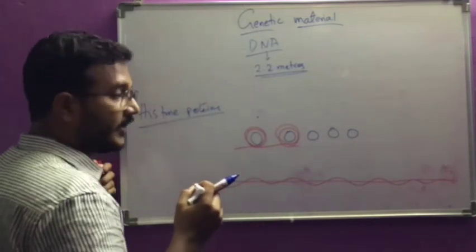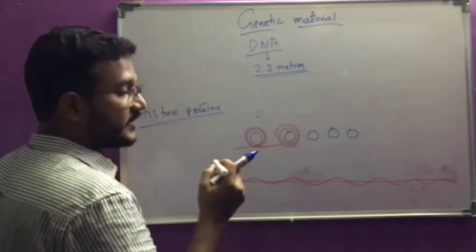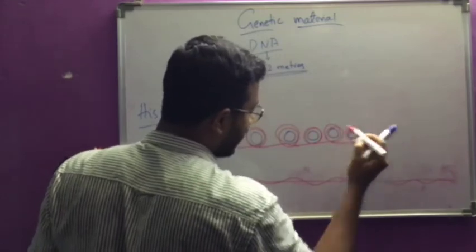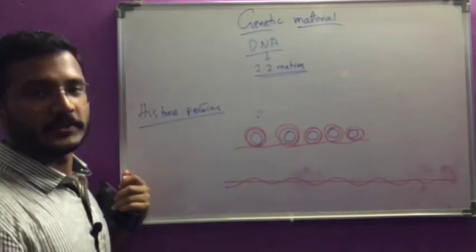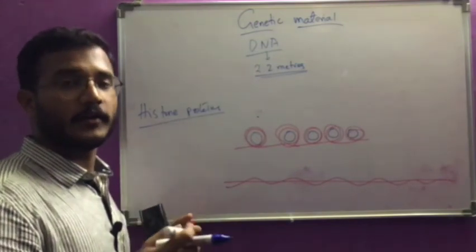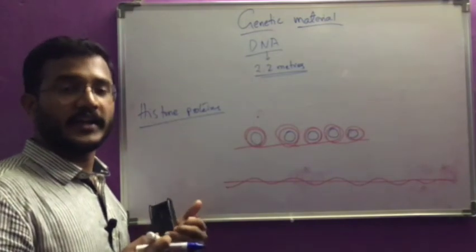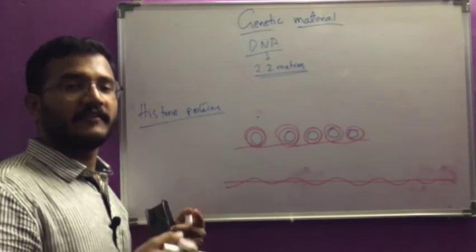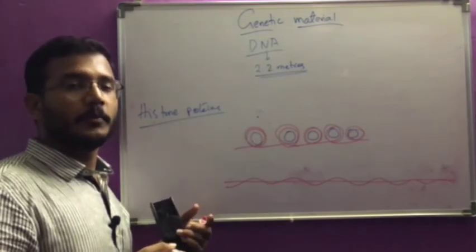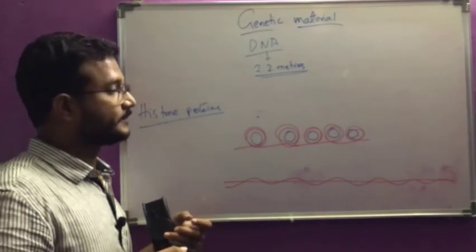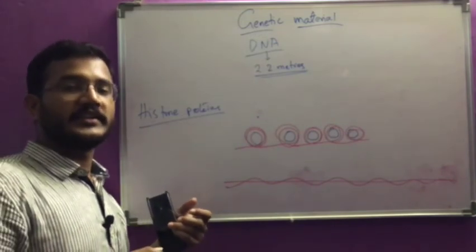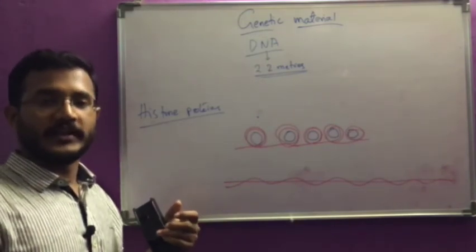With each histone protein, the DNA is wound 2 times. Like this. See, this much length became this much. Like that, numerous histone proteins are there. DNA comes in contact with the histone proteins, and as a result, the DNA winds up around the histone proteins. As a result, the DNA becomes more compressed or more compacted. So this is how that much long genetic material is present inside the very microscopic nucleus.